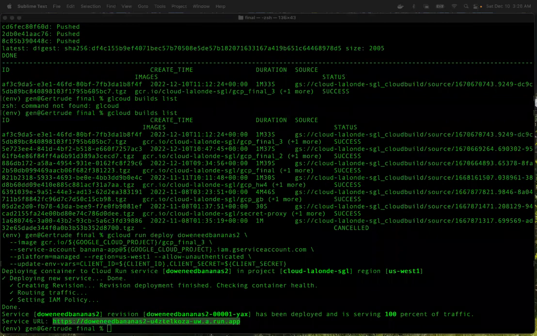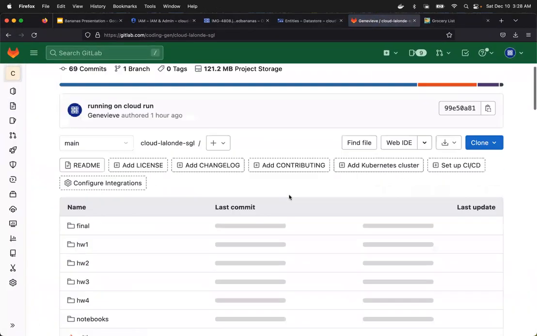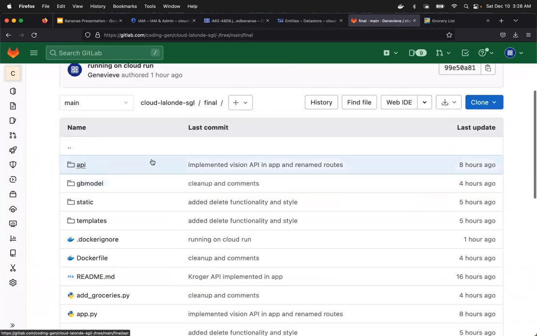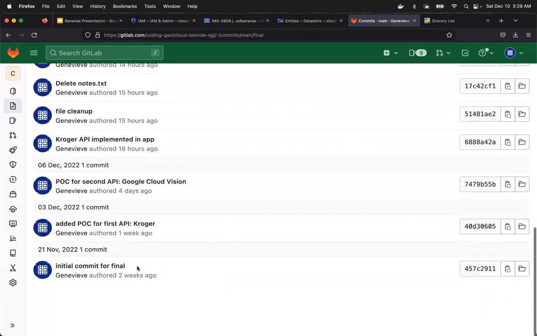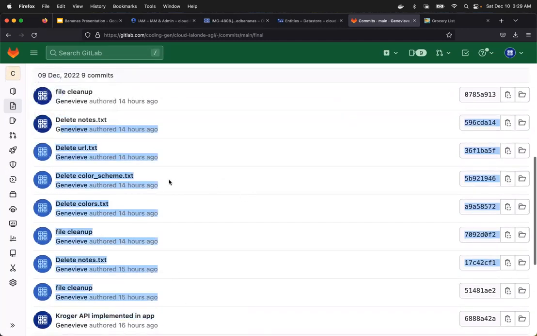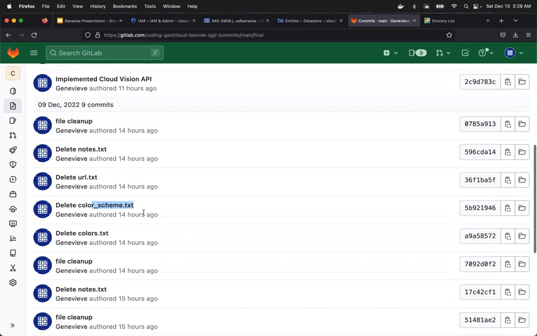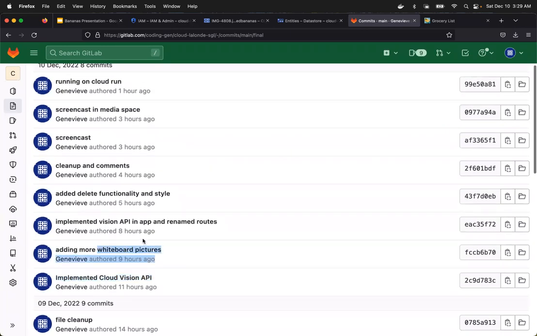And let's take a look at our Git history. So here we are in my GitLab, and let's go to the final and our history. So you can see here the types of things that I was doing. I created some files. I wanted to just get used to those APIs. So I created the Kroger.api and the Cloud Vision API, and then I implemented those into the project itself. Did a bunch of cleanups, changed some things about the theme. I did a little bit of work in a branch here, but then I realized it wouldn't show up in the history. So then I switched back, implemented the other API, did a little bit of fixing some issues with